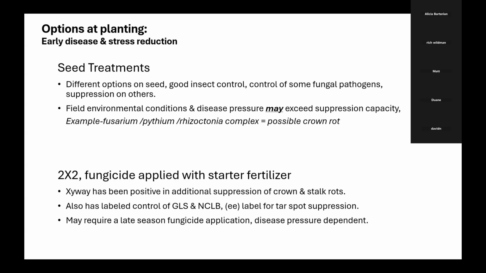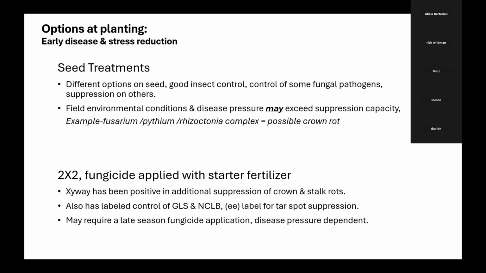It also says in the label that you may need a late fungicide application, depending on disease pressure. But I don't think a guy should go, okay, I'm going to put down Xyway and